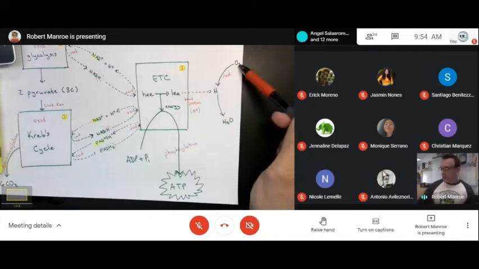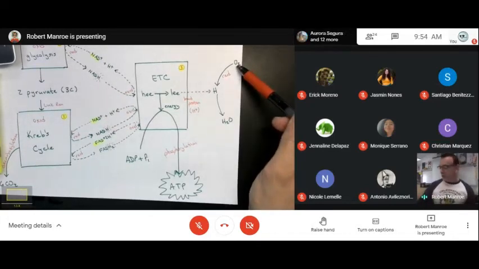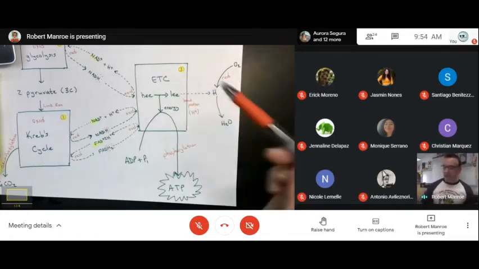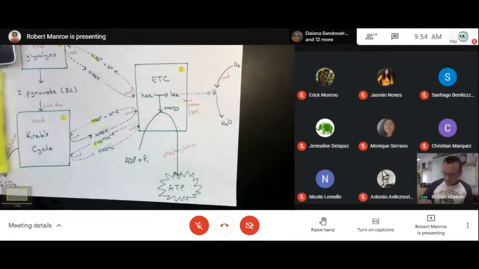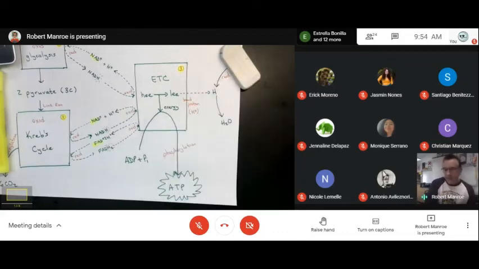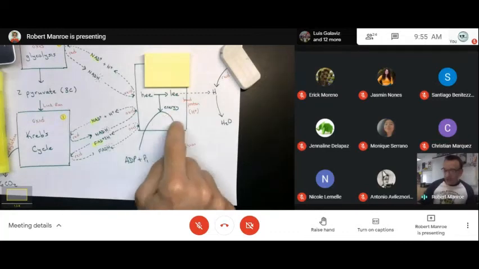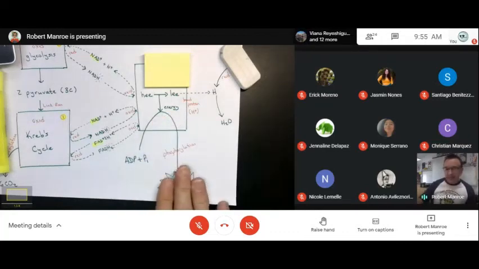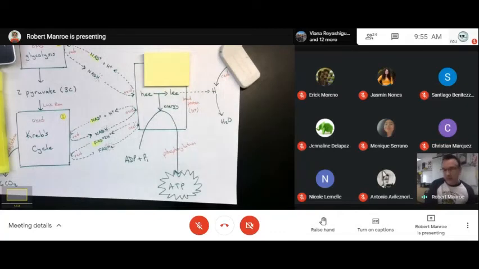So ultimately, we have to breathe oxygen in order to pick up the low energy electrons at the end of the electron transport chain. So when someone is deprived of oxygen, really unfortunate, right? But if you deprive them of oxygen, then the electrons build up until eventually the electron transport chain shuts down. No proton gradient, no phosphorylation, and ATP synthesis stops, okay?